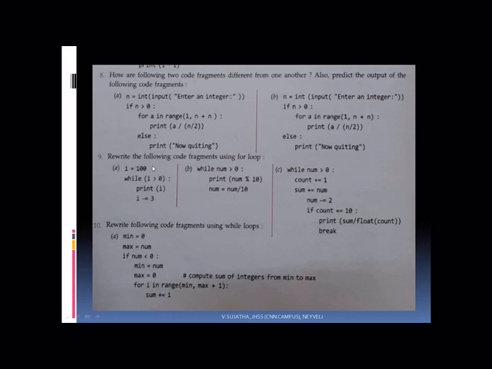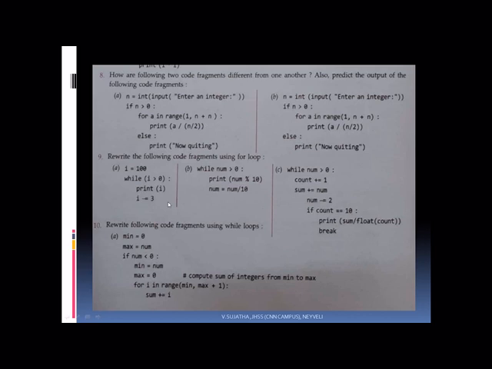See here, by seeing this one, you have to understand that the I value is 100, so the starting value is 100. Then while I greater than 0, that means the limit. So the start is 100, the end is 0, so it has to keep on decreasing. Then what action it has to do? Printing the I value. What is the updation? I minus equal to 3. This is the augmented assignment operator, I equal to I minus 3. So it will be decremented.